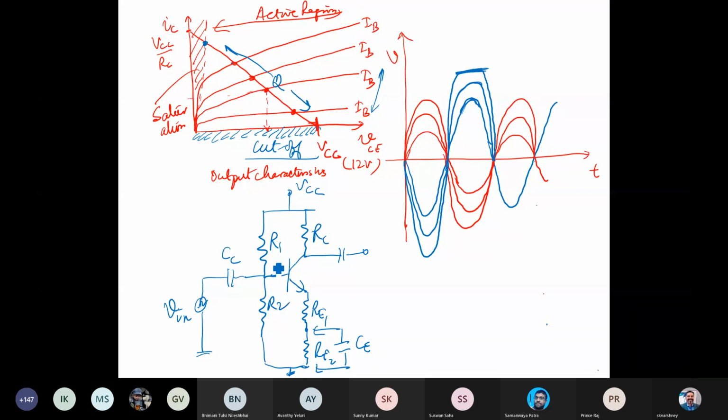Why did we choose R1 and R2? There is a reason, as we go to the DC analysis part, as we will understand from next week. So that might be clear why we go for R1 and R2. This provides stability, in the sense that you never want to keep changing the circuit. If the device gets bad, you may replace it with a different device, and that device may have a different beta. Different beta means you are going to move onto a different output characteristic. The key point is that it may change.